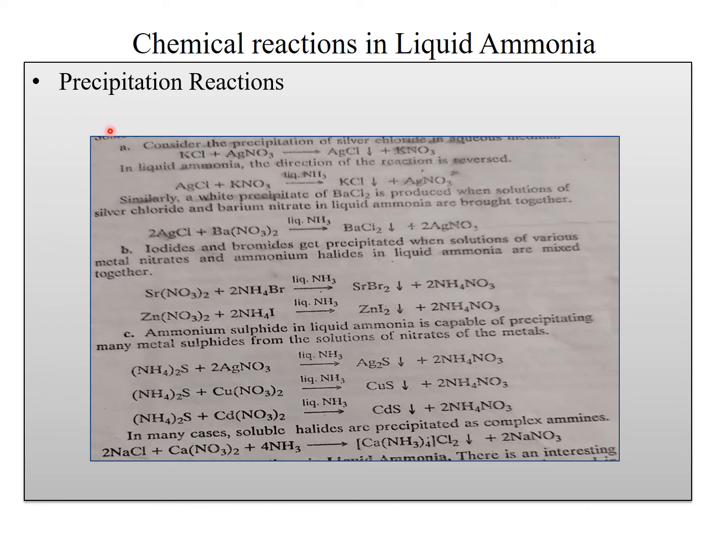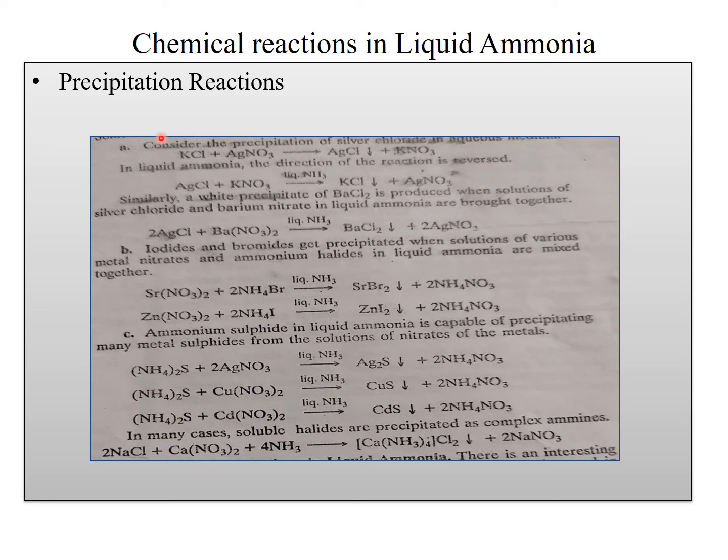Chemical reactions in liquid ammonia. Liquid ammonia has water-like properties, and hence the reactions which take place in aqueous solutions can also occur in liquid ammonia solutions. First is precipitation reactions. Precipitation reactions normally involve double decomposition. The solubilities of various substances in liquid ammonia and water are different, and hence many reactions which are not normally possible in water have been reported to occur in liquid ammonia. Some of these reactions are: